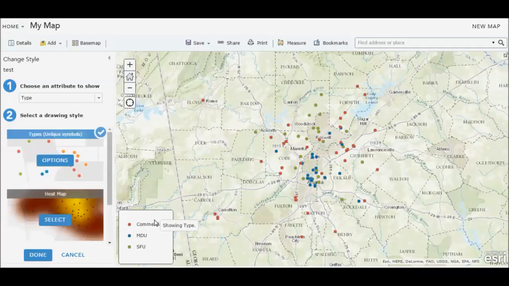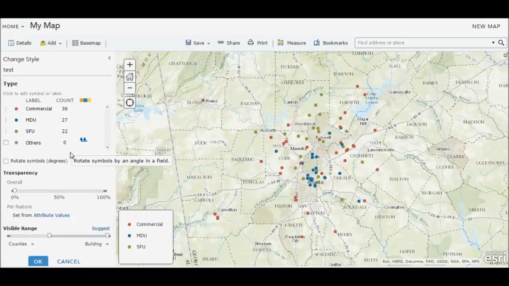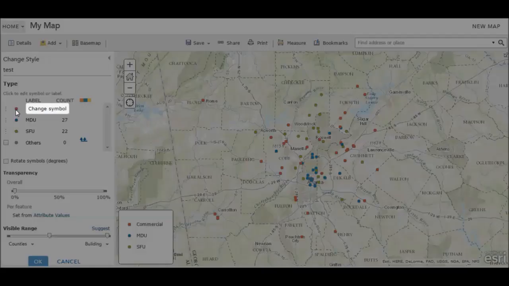I want to be able to make each point a little bigger, as well as changing the symbology a little bit. So in order to do that, I'm going to click this Options button on the left hand side under the Change Style column, under Types, parentheses, Unique Symbols. So click Options, and here you have your red point, blue point, and green point. To change these symbologies, just simply left click on any of the points,